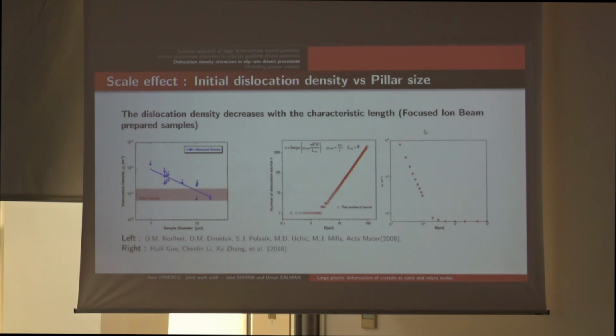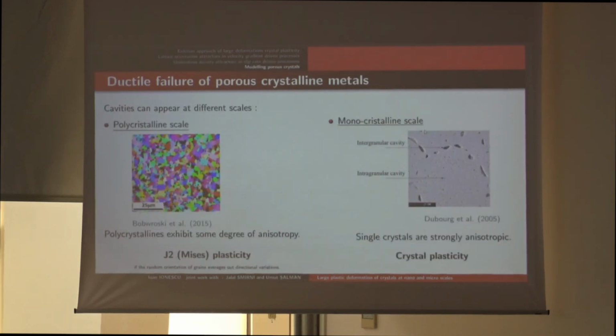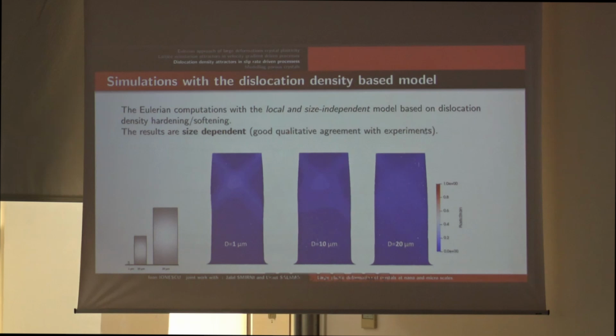That means when you have a smaller specimen, you have a softening process, and when you have a larger specimen, you have a hardening process. When you have a softening process, then you can expect to have the shear bands. When you have a hardening process, the shear bands disappear. That is why